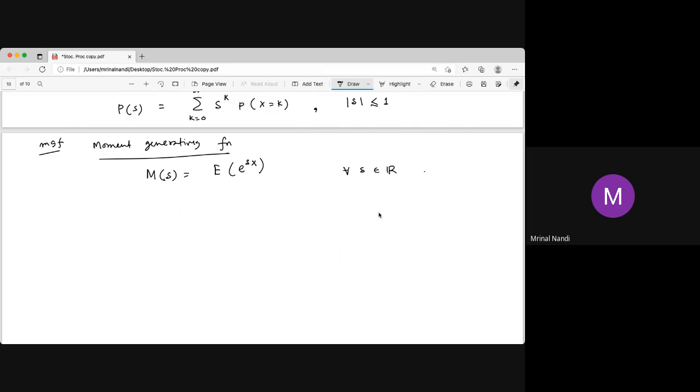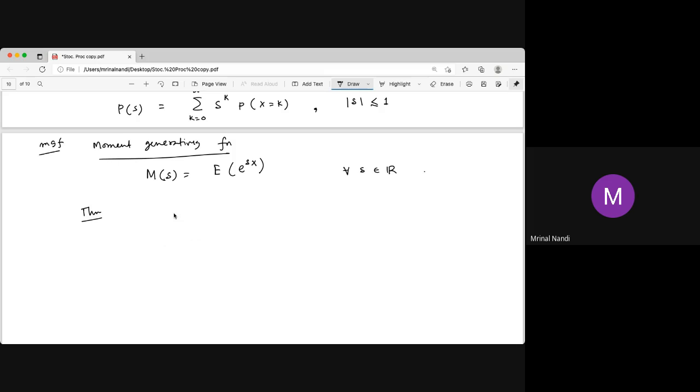Now again, you have to find the moment generating function for all the distributions in our syllabus, continuous and discrete: Cauchy, binomial, Poisson, normal, whatever. You have to find this moment generating function; that is left as an exercise. And the important result for this moment generating function is this: